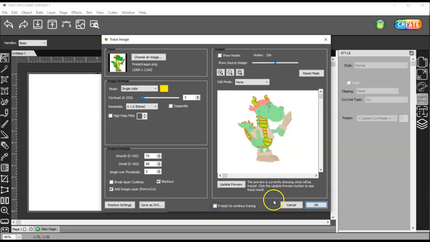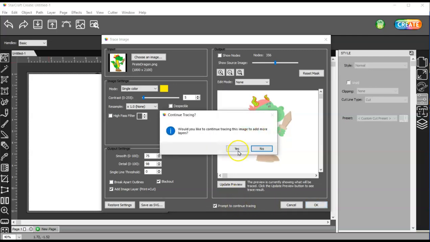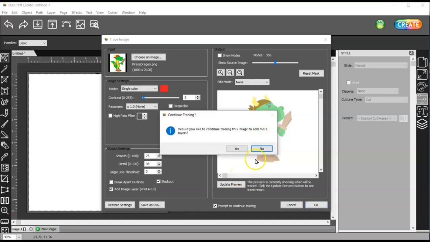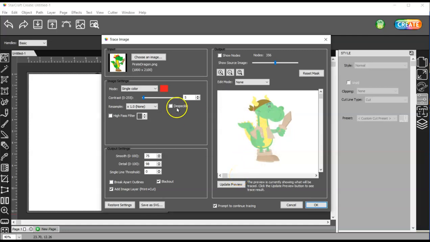I'll untick this and choose, well, actually I'm going to trace a couple more colors. So if I have this ticked, it'll ask me if I want to continue. Yes. I'll double click here and then I'll choose this red. Okay. Want to trace more? Yes. Double click here and choose his brown